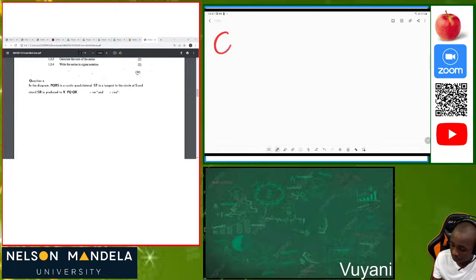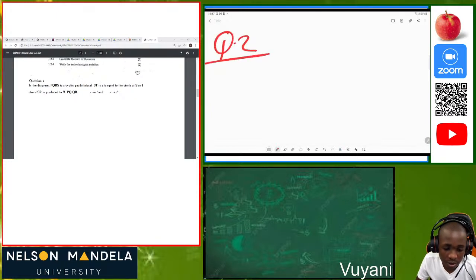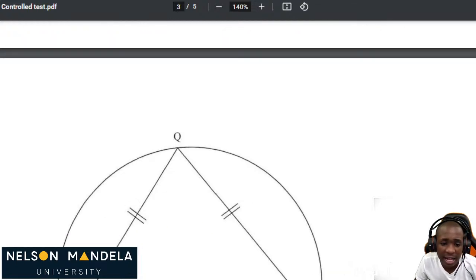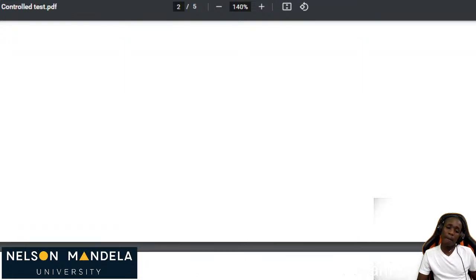Question 2. Let's now look at our question 2. Question 2 is saying that in the diagram below, this is the diagram which we have, guys. So in the diagram below, I'll just check this here so that we can have the same diagram together. Yes, so it's saying that in the diagram below,